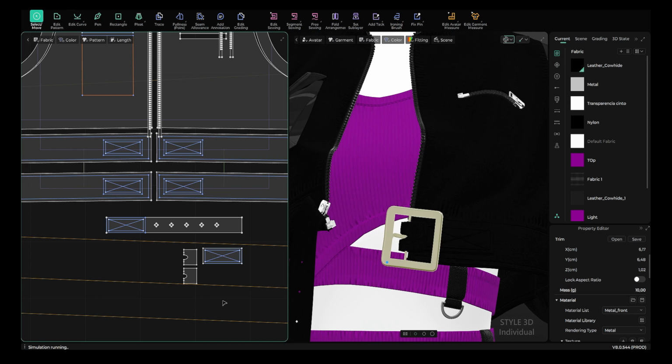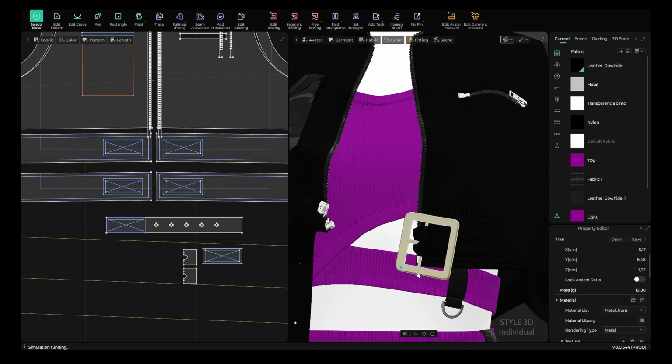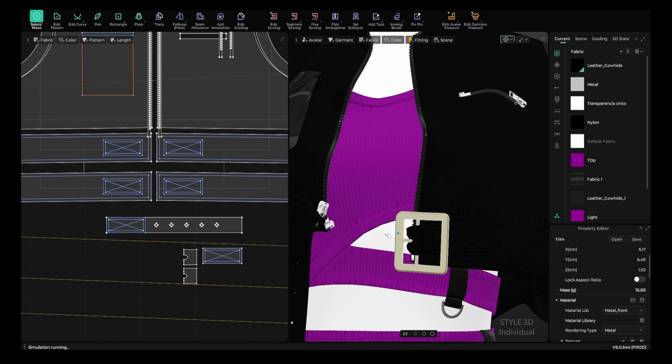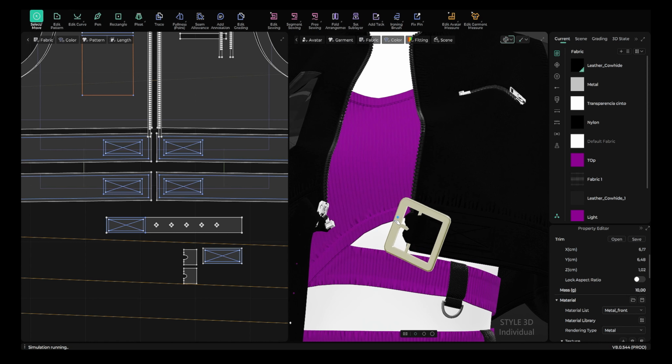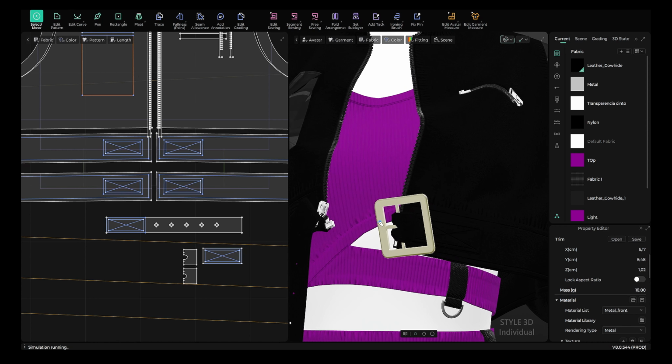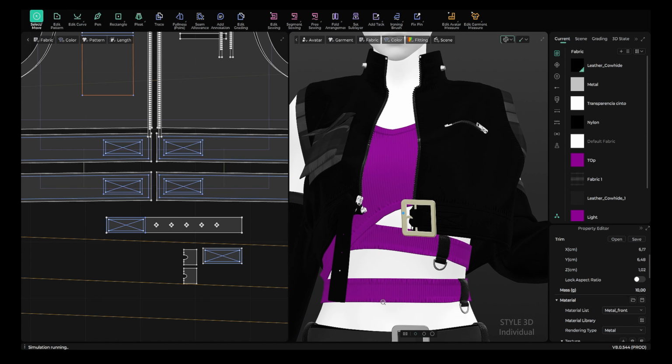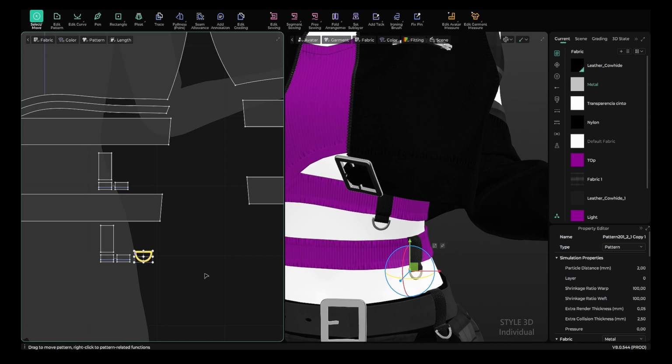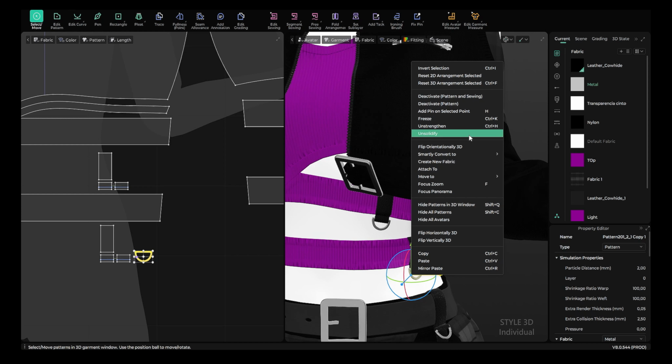Let's see if I can move that as well. Oh yeah, that's so cool. Yeah, not going through. Collision is good. And I can move it around, see? I couldn't do that before, so this is a big improvement and I'm loving the fact that I can move it around. You have some real movement here, see? And it's not going through the fabric. That's very good. I'm gonna try with this one, change it into a trim,